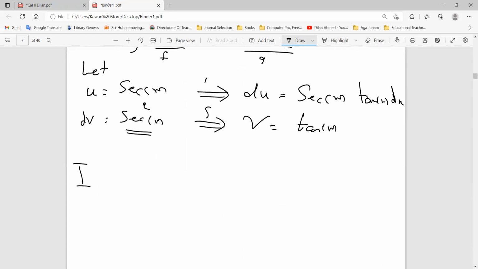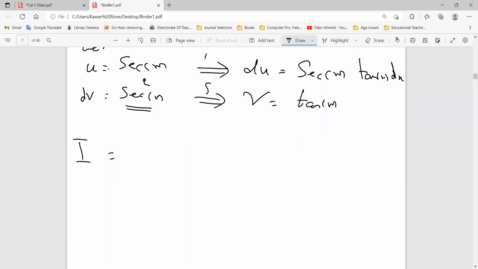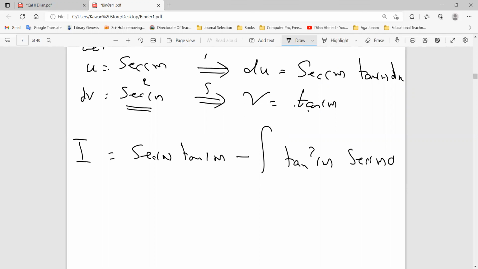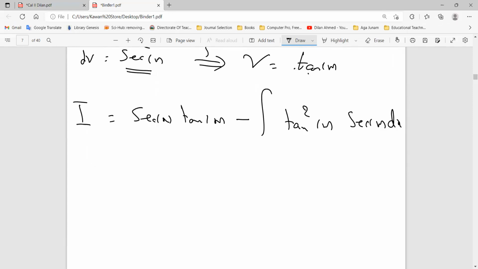Okay, our question. I equals uv, so secant x tan of x, minus the integral of v du. For v du, multiply tan by tan, which gives tan squared x secant of x dx. Now is it clear? Dears, did you understand? That example is very important. So I is equal to what? I is equal to secant tan